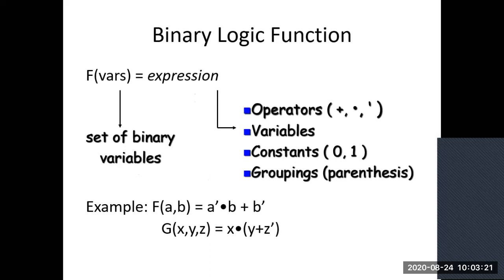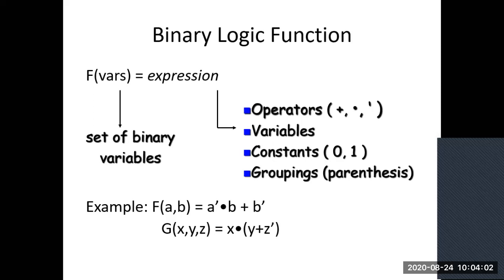Any letter. In binary logic, you have one function in the form of an expression, and that function has some variables. Those variables are represented by letters, and these expressions are basically combinations of variables, with plus meaning OR and dot meaning AND, in the form of some complements, or they may have constants like 0 or 1.